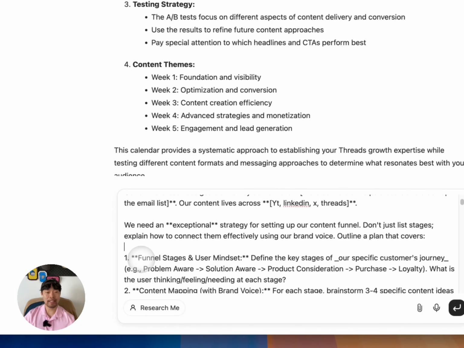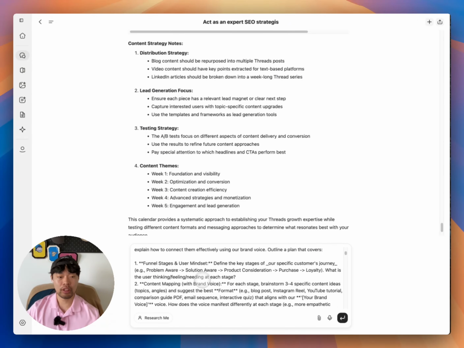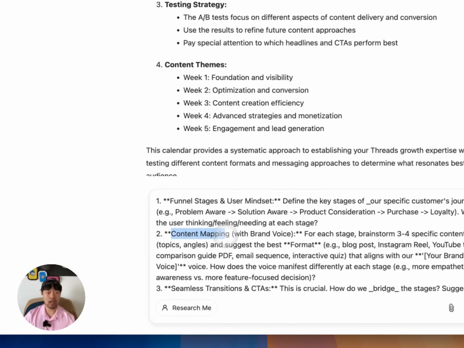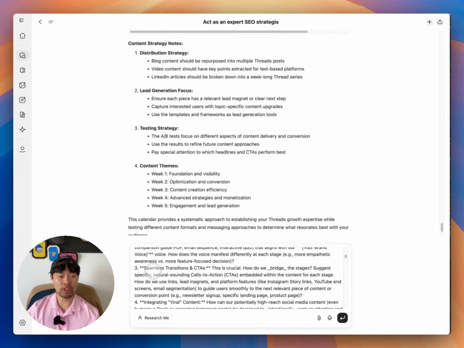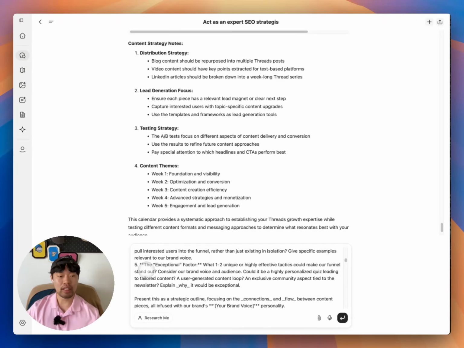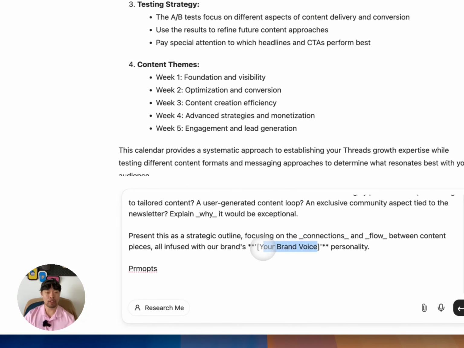And I ask for an exceptional strategy for setting up our content funnel. And here, the first thing is stages, content mapping with your brand voice, seamless transition CTA, and viral content, and exceptional factor like this. And here, same thing, I'll say empowering.